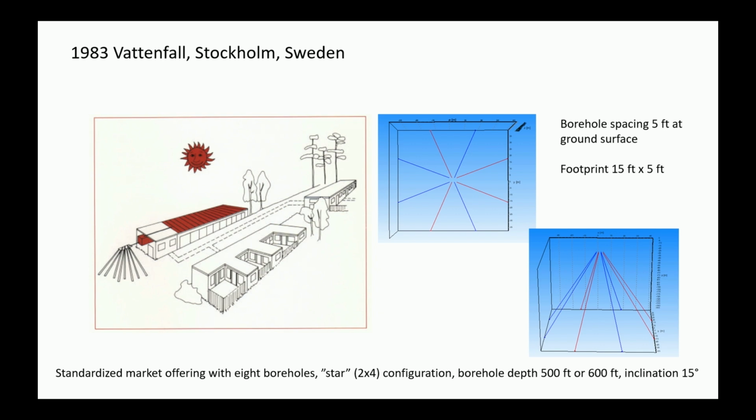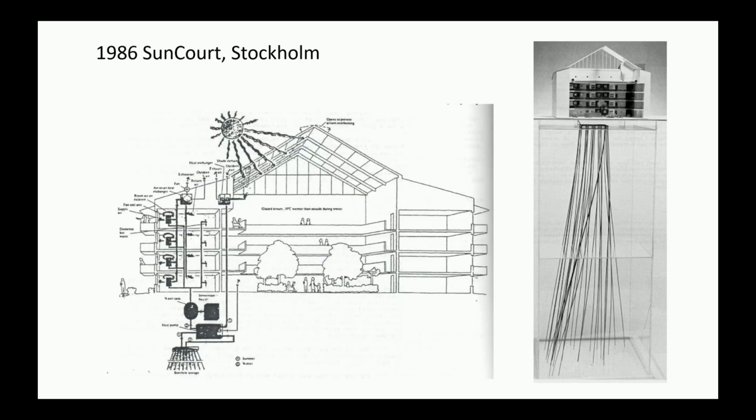This is a standardized market offering, and they had 2 depths. One was 500 feet and the other one was 600 feet. So there was a standard heat pump, a standard configuration, and they sold this for a couple of years until there was this kind of reverse energy oil crisis around 1986, when the oil prices dropped 80% and oil became so cheap that alternatives had no possibilities. In 1986, there was another